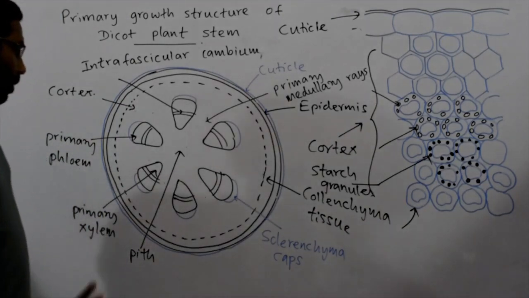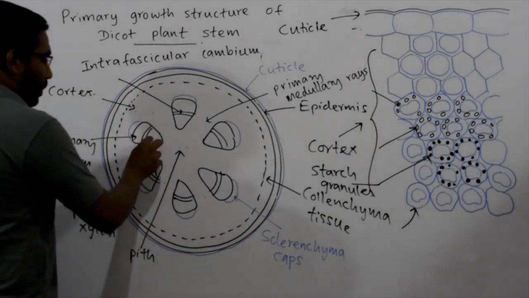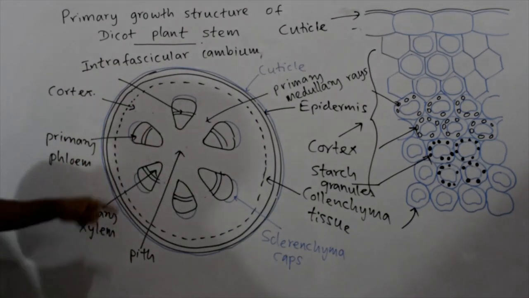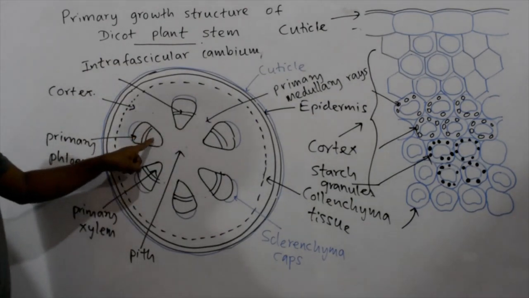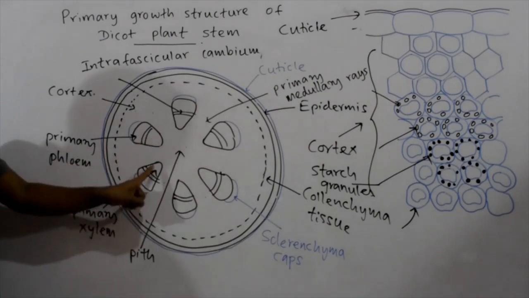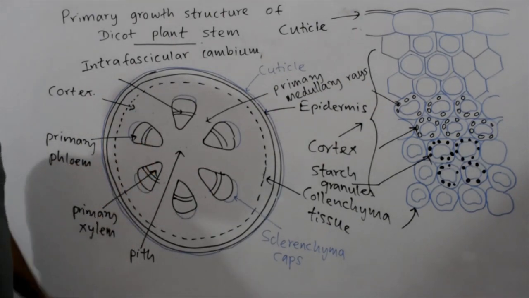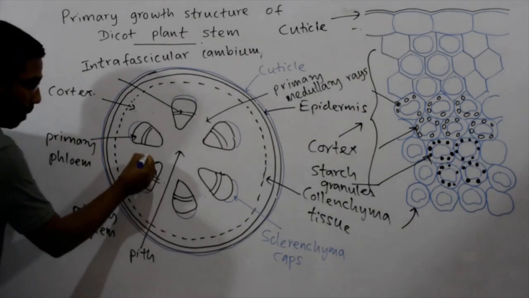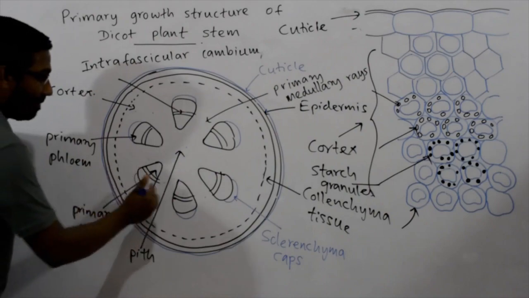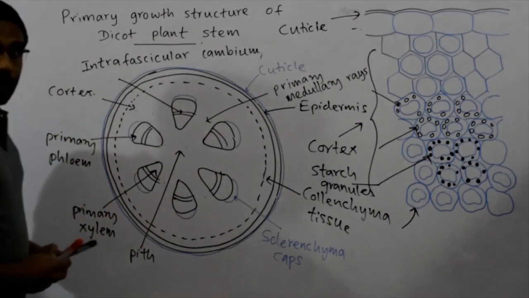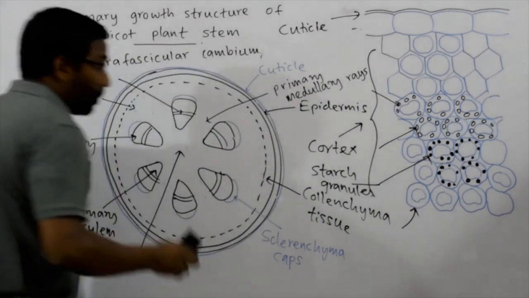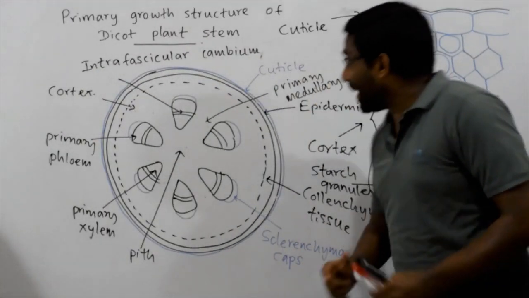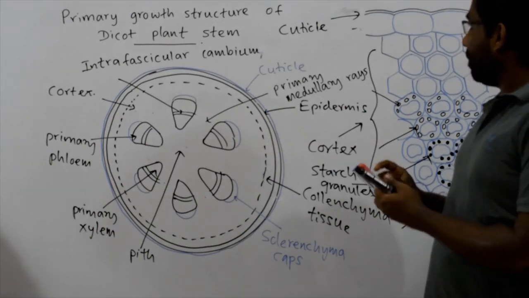Remember that. Okay. Here then we will discuss this vascular bundle specifically. You can observe here, in each vascular bundle, both primary xylem and primary phloem are arranged in the same vascular bundle. And also you can observe these primary xylem and primary phloem regions are parallelly arranged in the same vascular bundle.